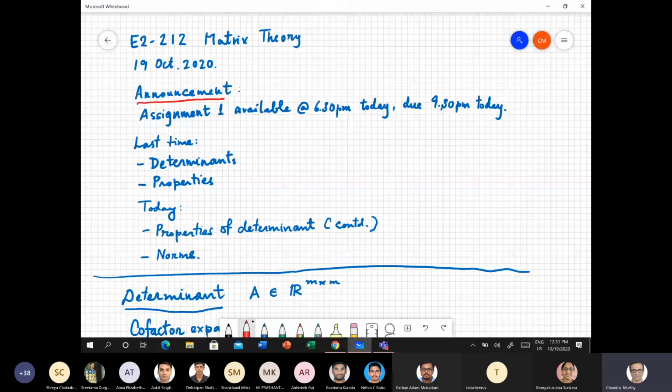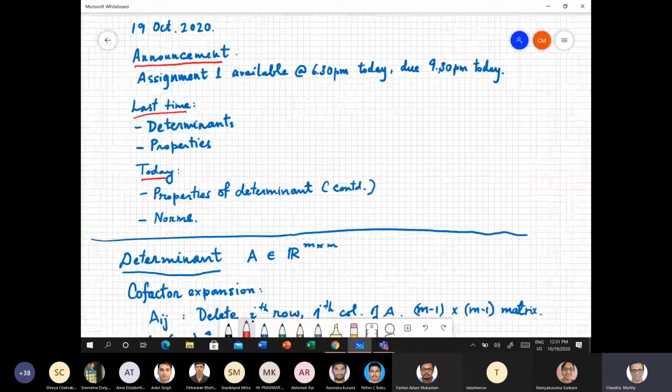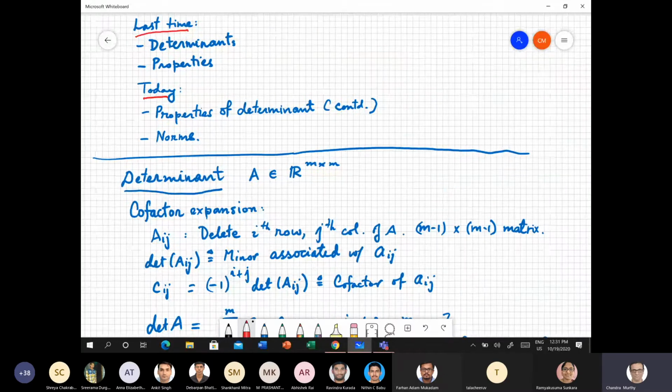So just a quick recap of the topics we looked at the last time. The last time we looked at the definition of the determinant, and we looked at several properties. And today we will continue this discussion on the properties of the determinant, and then we'll move on to discussing norms. So just to recall, if you take a matrix of size m cross m, the square matrix, then